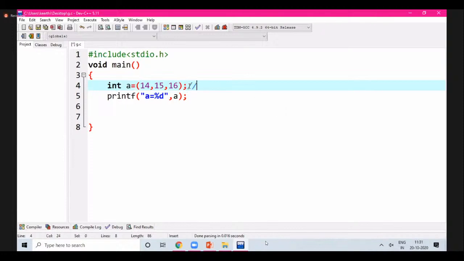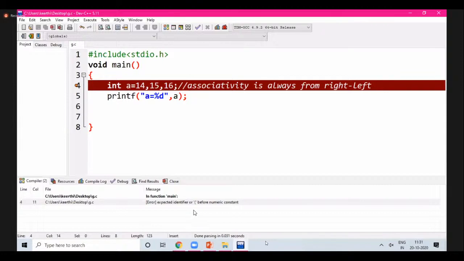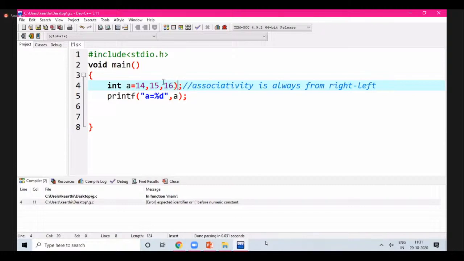Now, if I don't parenthesize this, your assignment will throw an error: multiple values cannot be initialized. You can see expected identifier. It is showing you an error. Whenever you have multiple constants, it will expect an identifier. So in this case, the last value will be allocated to this variable. So A will be assigned the value 16.